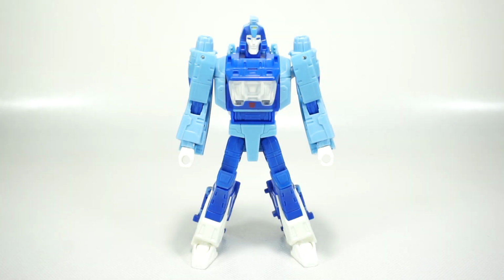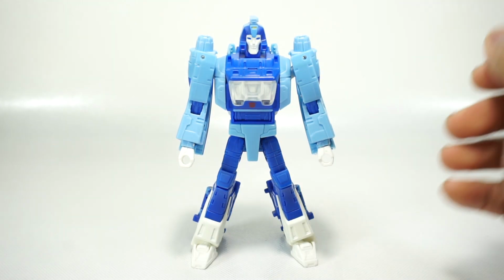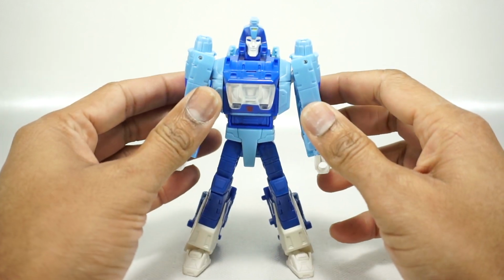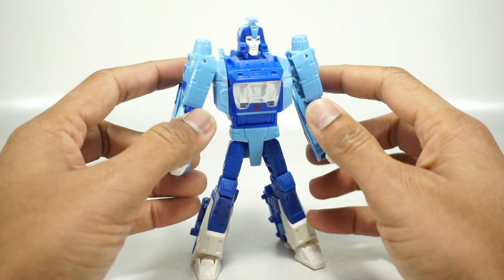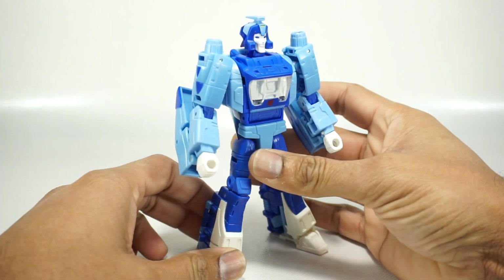What's up, YouTube fans? Today, we're going to take a look at the Transformers Studio Series 86 Blurr. So this is the next in the line of the 86 series. We did take a look at a few of these from Hasbro, and this just continues that line, and pretty